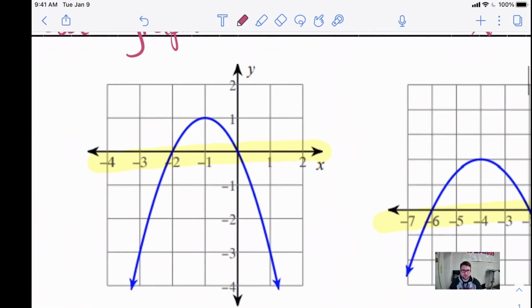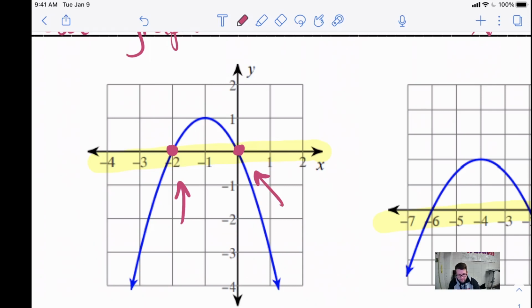Now, here's another one. As you notice, we actually crossed this line 2 different times. Once here and once here. So we're going to get 2 different x-intercepts. The first one, we're going to have -2, comma 0, right? So for this first point, this point would be -2, comma 0. And for the second point, this one goes through the point 0, 0, so we can just write 0, 0